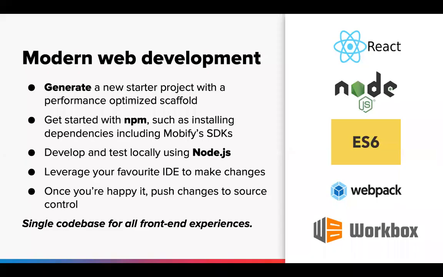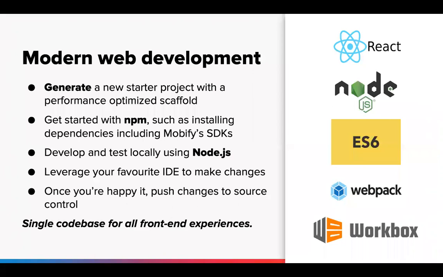We also provide what we call a modern web development environment where a lot of teams just want to build with modern web technologies. So you are no longer interested in using J2EE and JSPs and .NET and really back-end programming languages and frameworks to build front ends anymore. So a lot of teams want to use popular front-end libraries like React and frameworks like Node and use the modern ES6 JavaScript standard, along with known open source tools like Webpack and Workbox for service workers